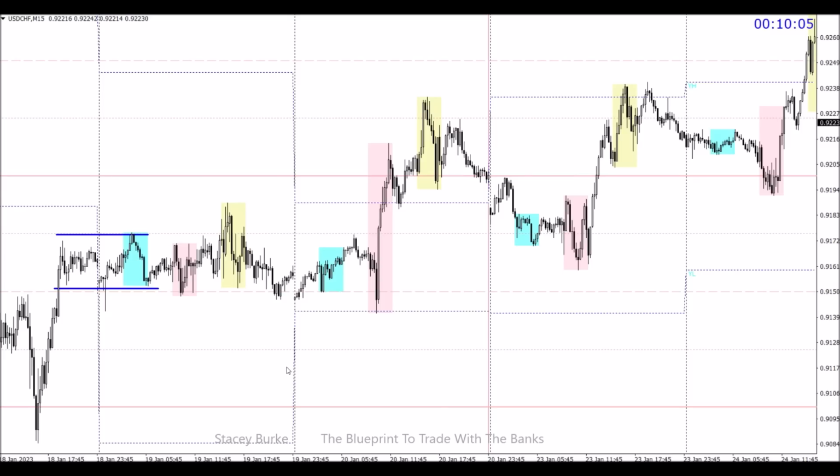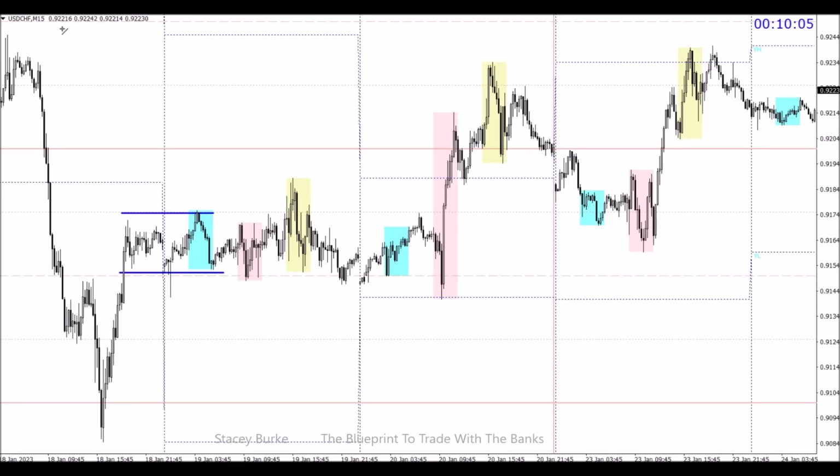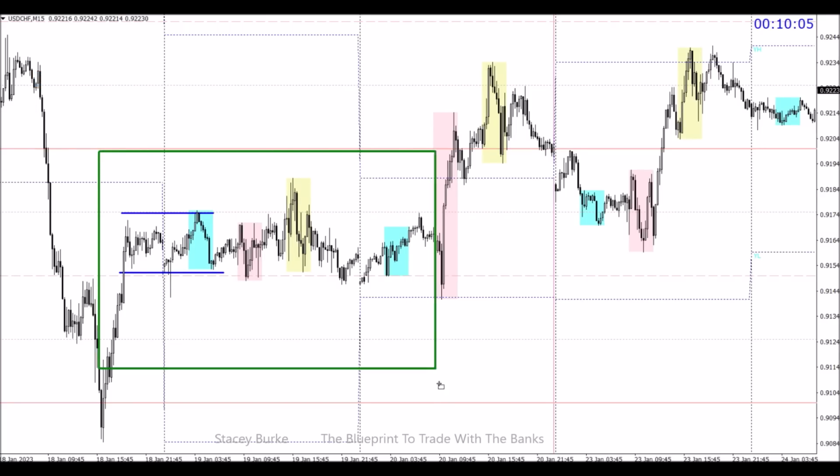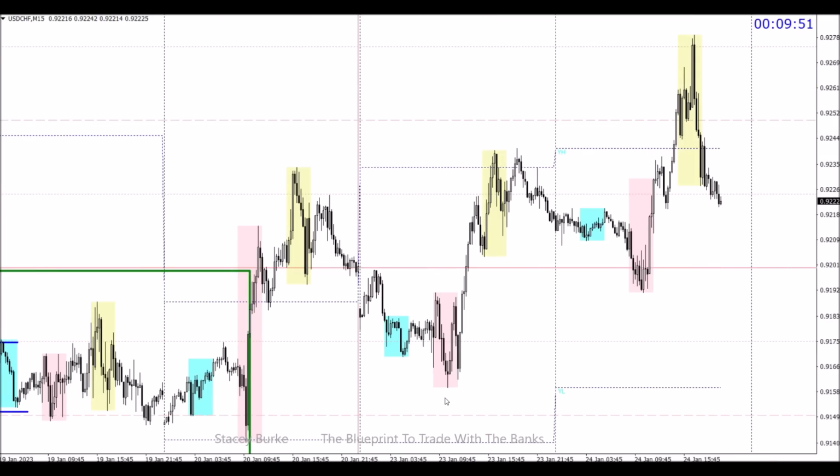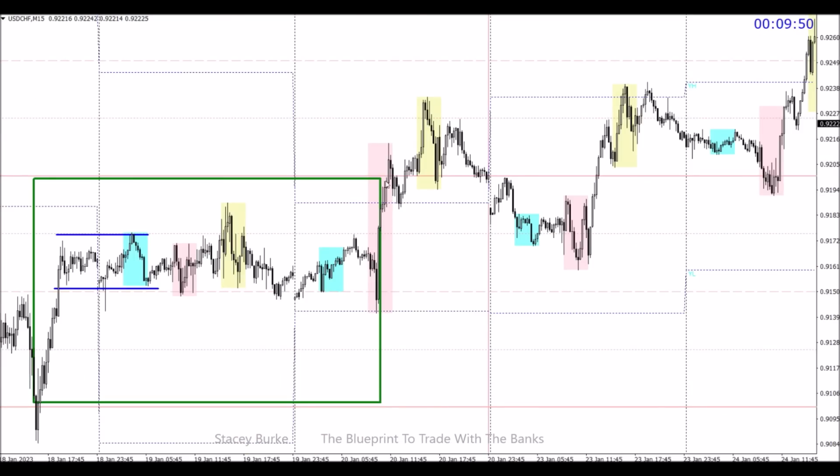So just going to review the process. I mark off my consolidations, and I reinforce that price is always in a box. We are in a 100 pip box. And so when the market breaks out of a box,